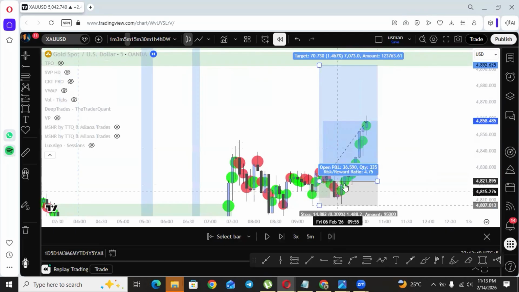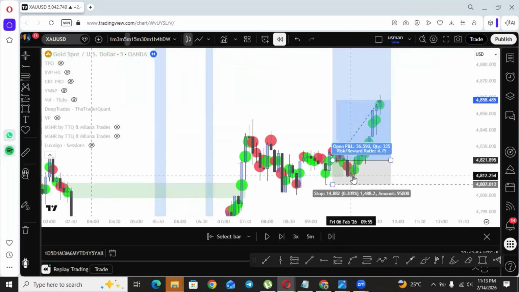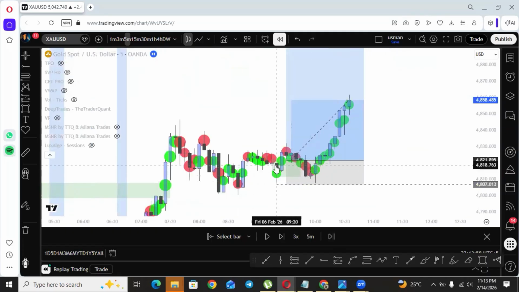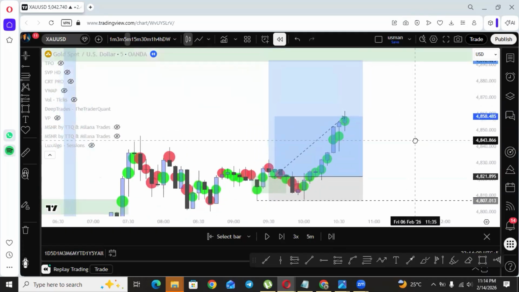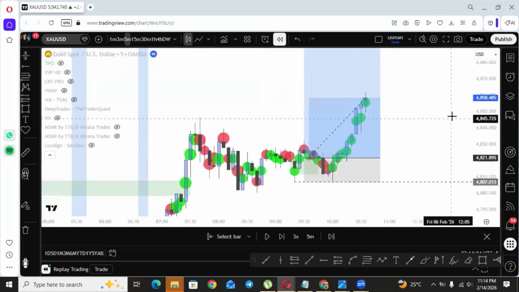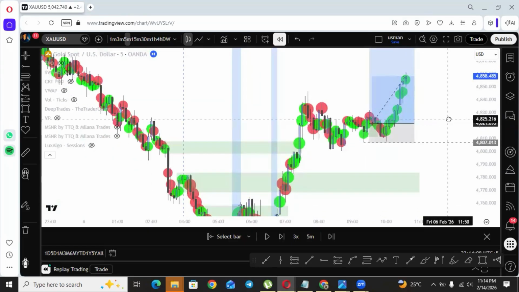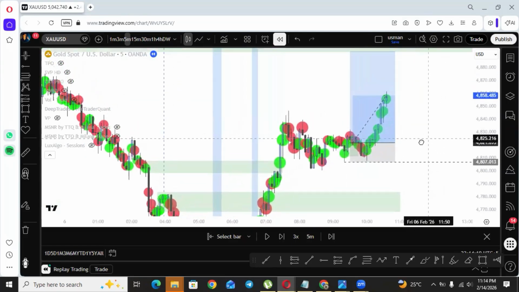Look, before this move happened, we caught this move on the basis of the absorption concept. Okay, because we knew what happened behind every candle. But why did I not enter into this trade? Because I knew that